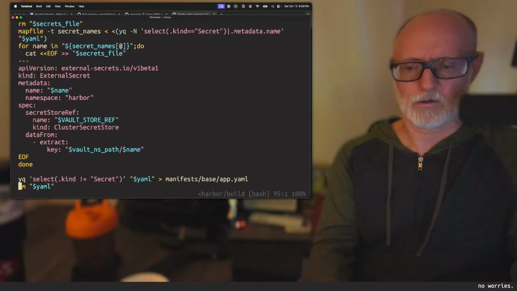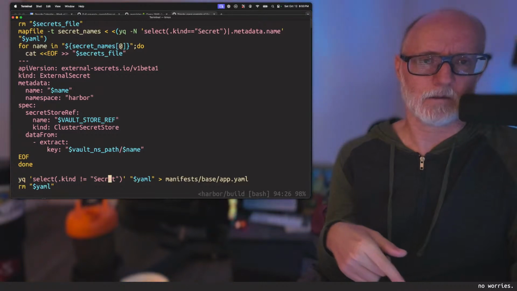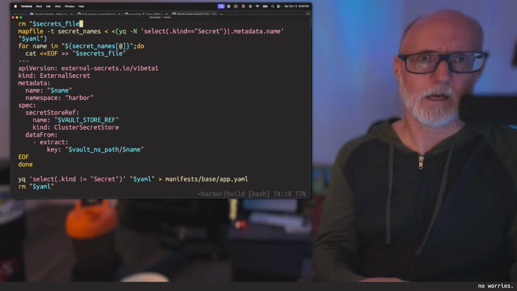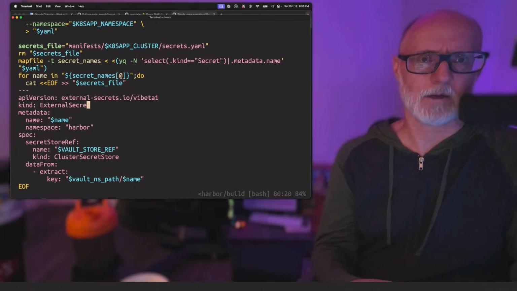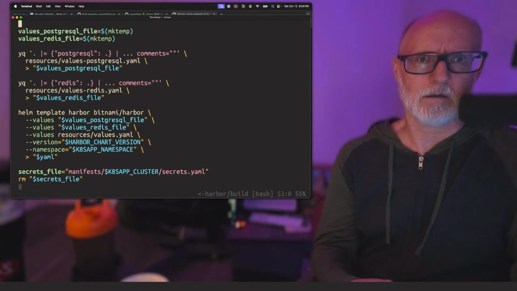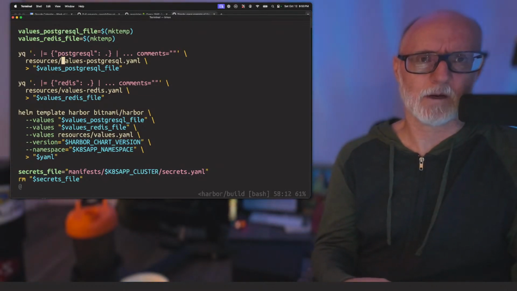So you look at a build program like this, and you can see that I use YQ to filter out the secrets into their own file. I use it to get the names of all the secrets so I can make external secrets to match all the secrets. I use it to save the YAML files and to put all of the comments from the values Postgres file under PostgreSQL so that when they get merged over here, they're in